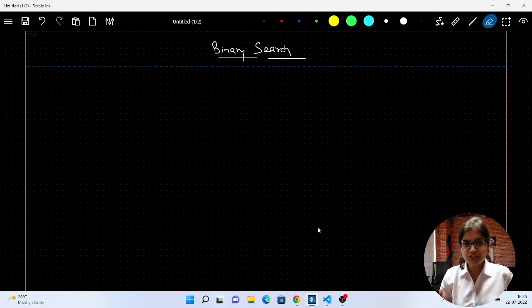So in this particular session, I'll talk about binary search, which is a very interesting application of the recursive approach that we have discussed in our previous session. So basically, in order to demonstrate whatever concepts we have studied in our recursive approach session, I just want to show you the application, which is a very interesting application in the case of a searching algorithm, that is binary